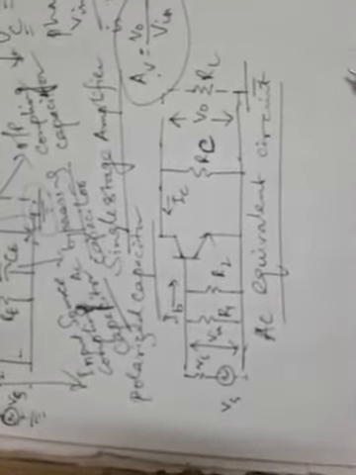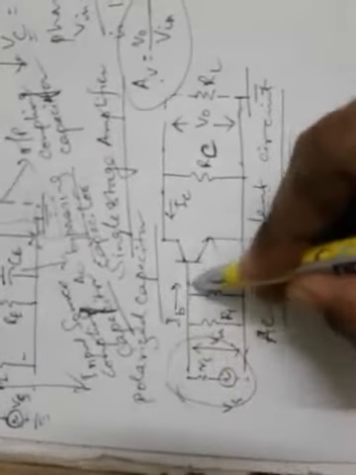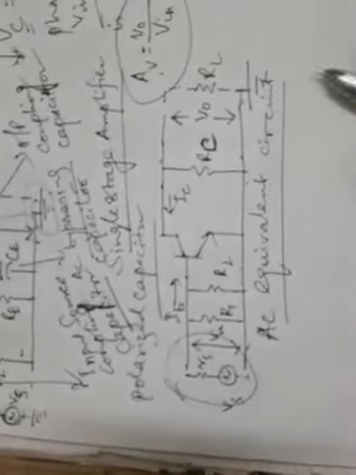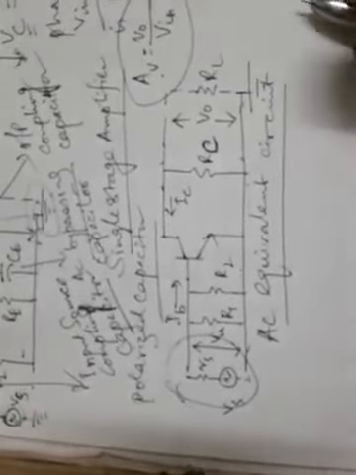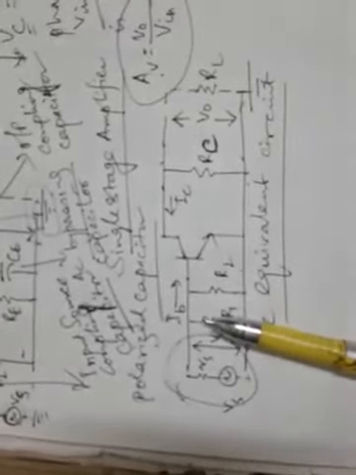Now in this circuit, the input voltage is developed across the transistor base and emitter terminals. You can see over here, this is the base terminal and this is the emitter terminal. Between that, the input voltage is developed. The output is taken from the collector and emitter terminals. This is collector and this is emitter terminal. From here, across this RC or RL, the output is taken. Now since the emitter is common to both input and output, it is called common emitter or grounded emitter configuration.